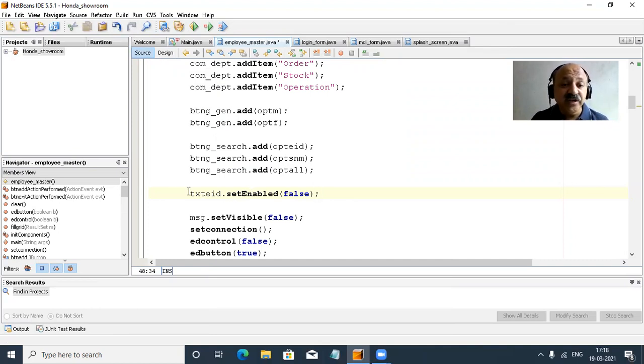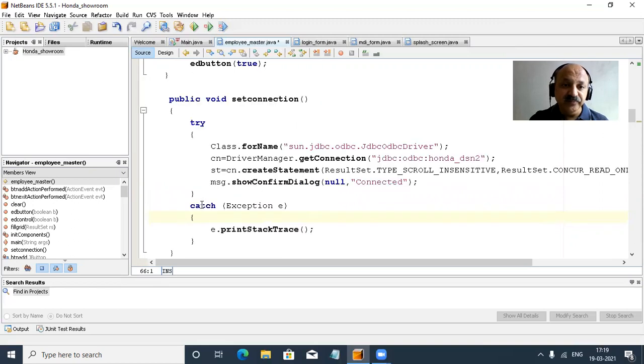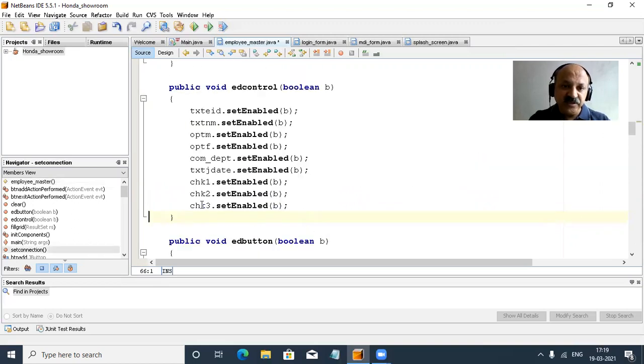That is also a benefit in the update operation, because based on the employee ID we can update our record in the database. So we can disable that, and that is the primary key field in our database. We set enable false, so the user cannot change it at runtime. Yes, I think you have understood.